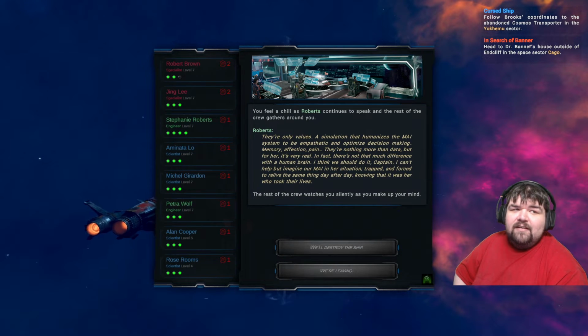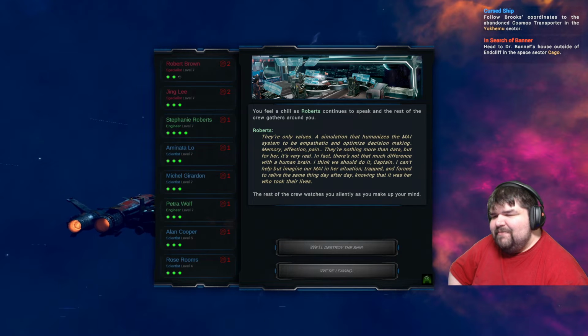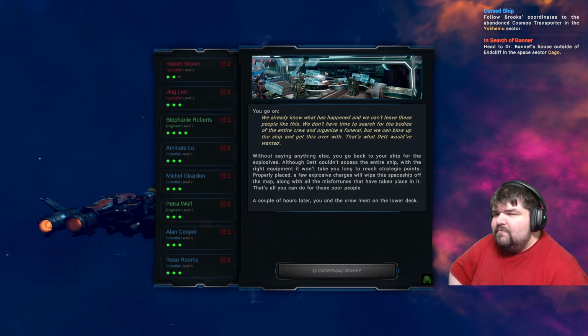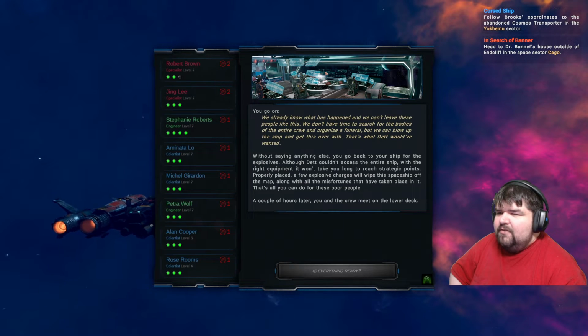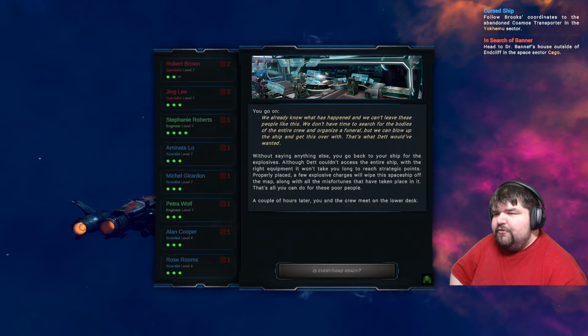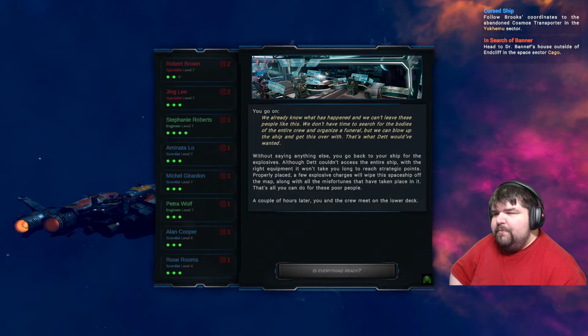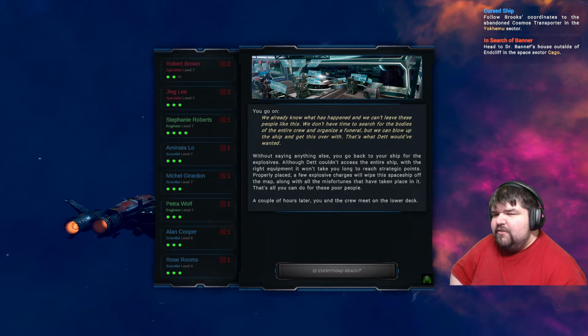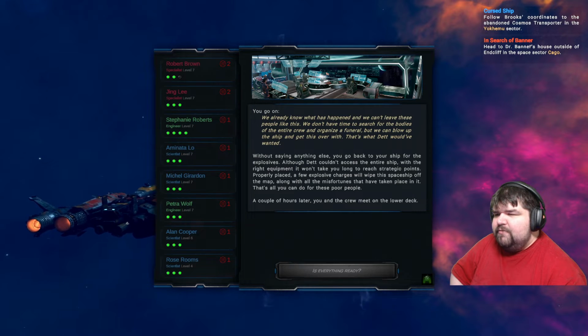We'll destroy the ship. You go on. We already know what has happened and we can't leave these people like this. We don't have time to search for the bodies of the entire crew and organize a funeral. We can blow up the ship and get this over with. That's what Det would have wanted. Without saying anything else, you go back to your ship for the explosives. Although Det couldn't access the entire ship with the right equipment...